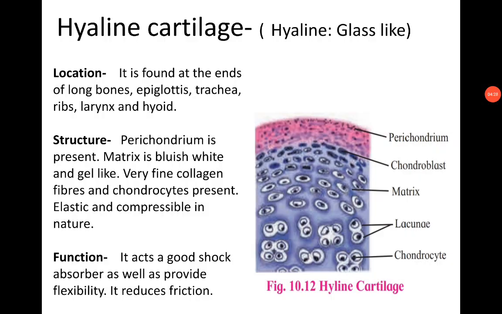It is foam like and present in between two bones to absorb shock. It reduces friction and provides flexibility. It is present between two large bones. The role of shock absorber: